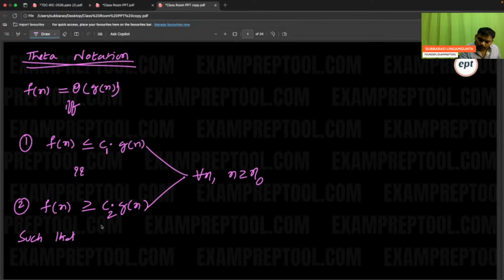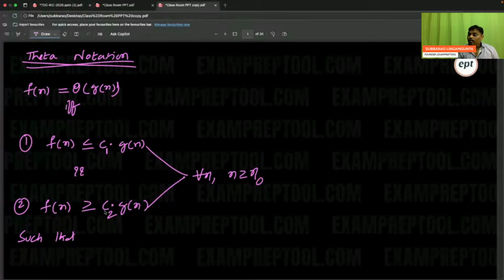When I do one problem, it will be very simple. If anyone asks what is big O: right side bigger or equal. What is omega: left side bigger or equal. What is theta: both. Big O and omega both possible. Big O means right side is bigger or equal. Omega means left